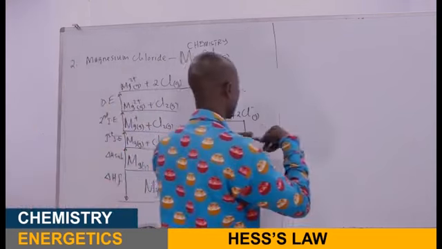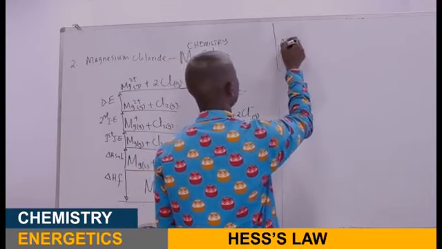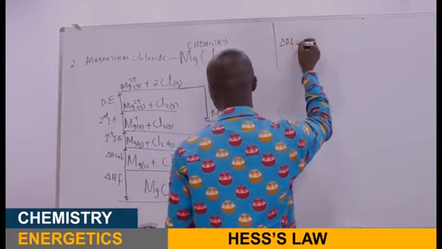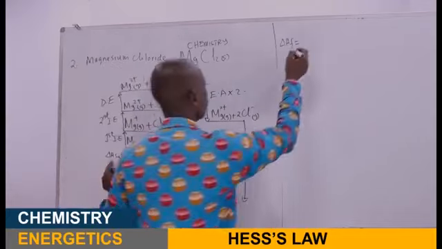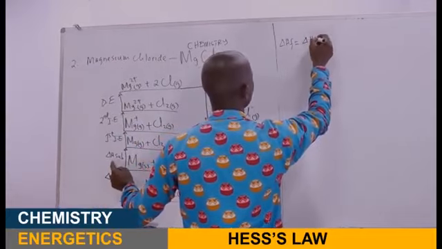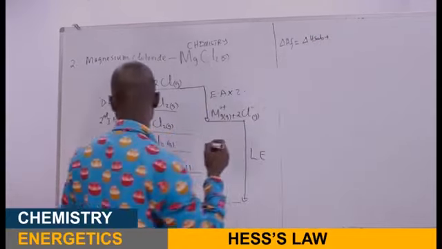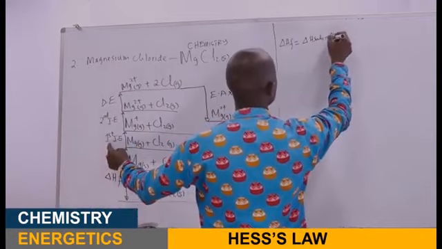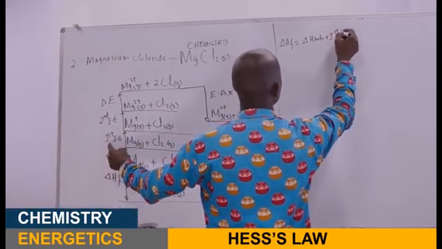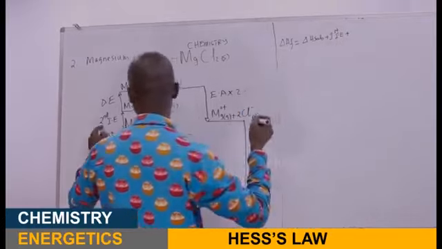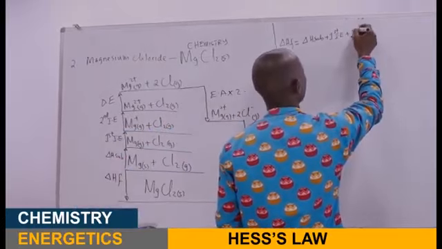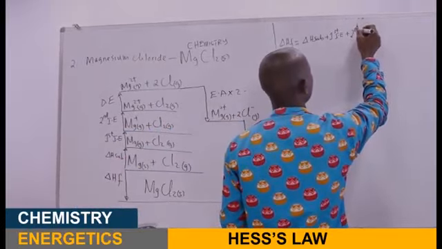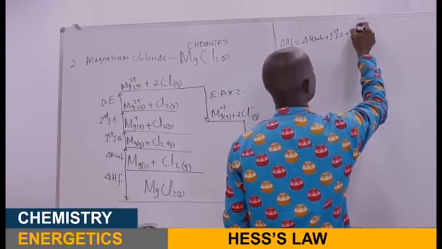So the enthalpy of formation will be equal to the sum of this: we have enthalpy of sublimation, plus the first ionization energy, plus the second ionization energy,